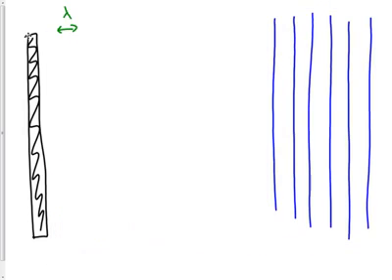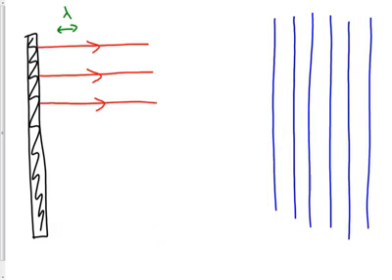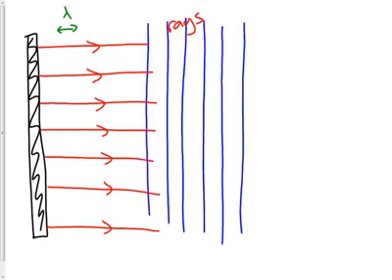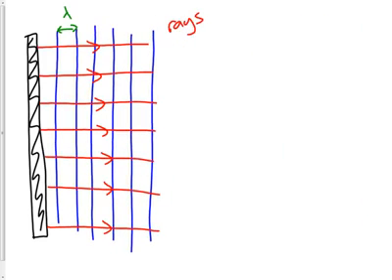Now we could equally show the same thing using rays, and the ray representation, which you might think is weird to use, would look like this. The rays are showing the direction of motion of the waves. They're arrows showing the direction the wave is moving. So all across this the wave is moving to the right. The red things are a ray representation, they're rays. The blue things are wave fronts. Take a look at them. Is there anything you can notice? Maybe there is. Okay, let's move on.